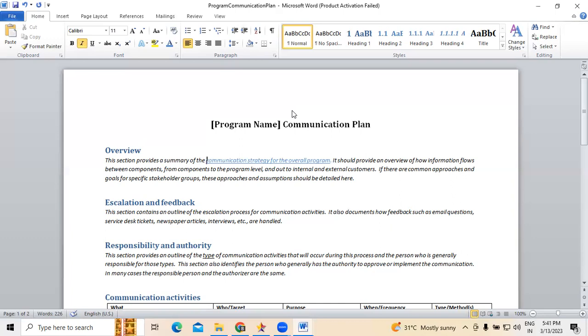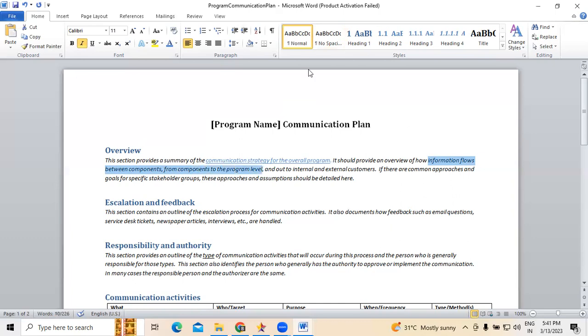This communication strategy not only provides the communication system or medium we follow, at the same time we need to provide an information flow, right? How information flows between the components and the program level, we need to understand,